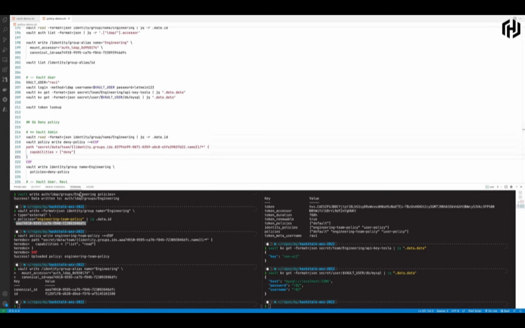Let me just go back and copy the group ID. I am creating a new policy called deny policy. The deny policy will deny any access to the team secret based on the name of the group in the template, and this is how this looks like. And a deny policy is the special capability which will deny access to the path. Let me create this policy first,